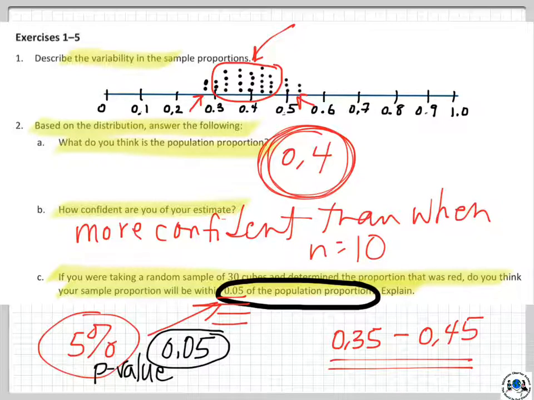So in this case, it says you are going to be within 5%. There's a 5% chance that you're probably not right. You might not be right, but there's a 95% chance that you are right. In this case, there's a 95% chance that you are that close to the actual population proportion. All right, so that's 0.05, very, very important statistical